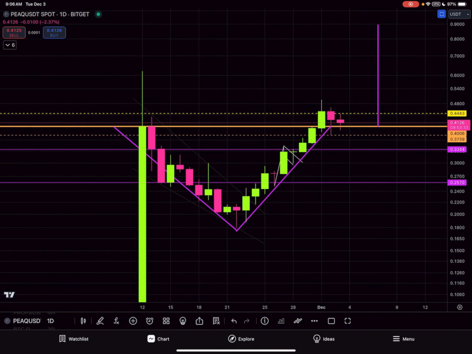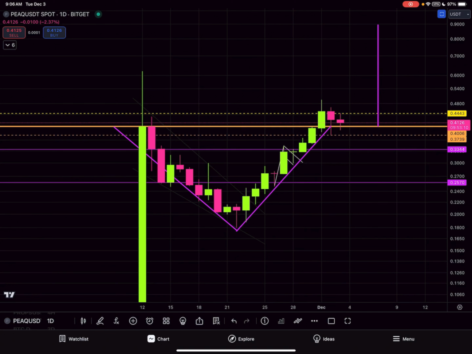Good morning. I want to make a quick video for Peaq because I have identified a very bullish pattern in the chart. It's called the reversal V bottom pattern. As you can see,